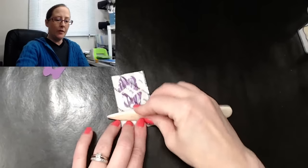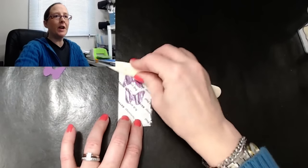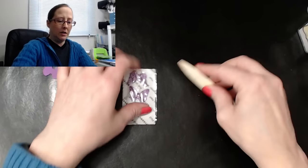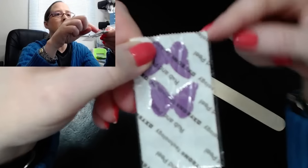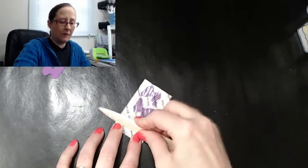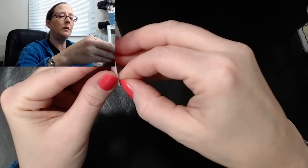So all you do then is give this a burnish over the top, because you want that sticker part. There's no sticker on top of here. The sticker is underneath. So you want to make sure you're making all that sticky stuff stick to the top plastic piece, and I'll show you what I mean. Because when you peel this off,